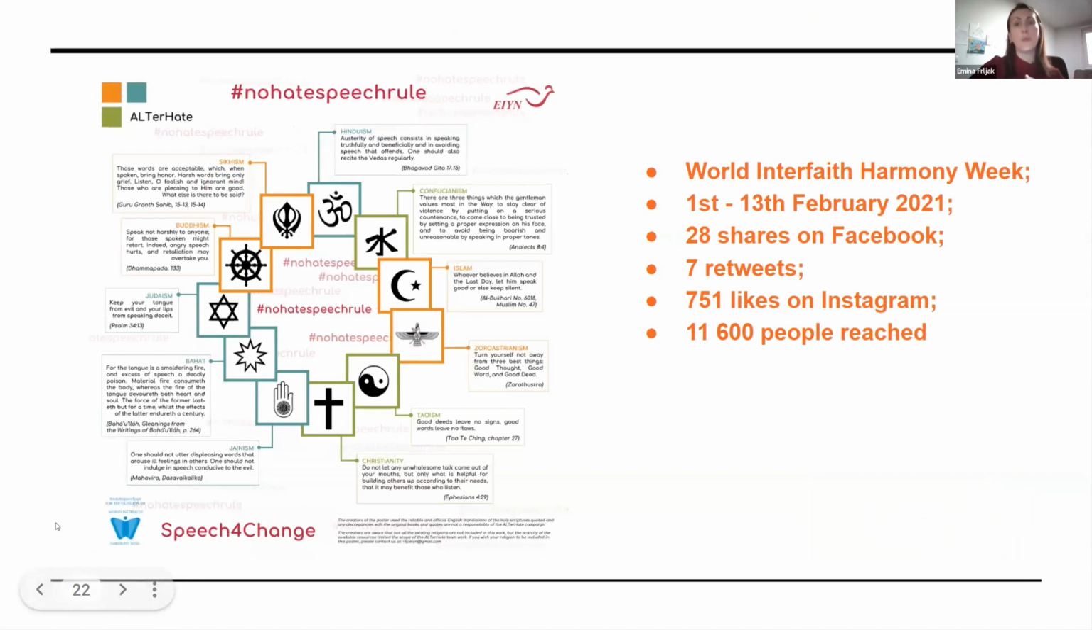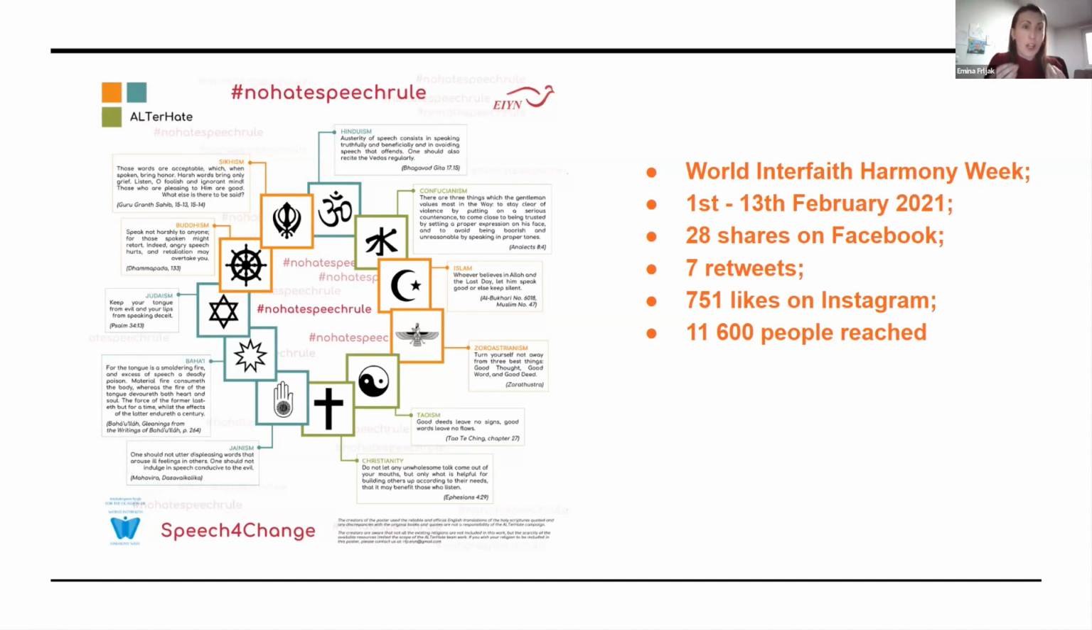This is another thing that we tried to do, a very short campaign that we did during the World Interfaith Harmony Week. We decided to come as an interfaith group here. So we decided to dig into 11 different religious traditions and find quotes from different scriptures that are supporting positive and non-offensive speech. So we decided to come up with this poster as a learning source